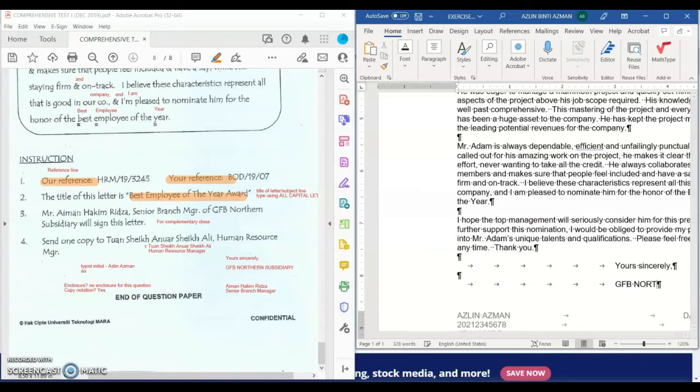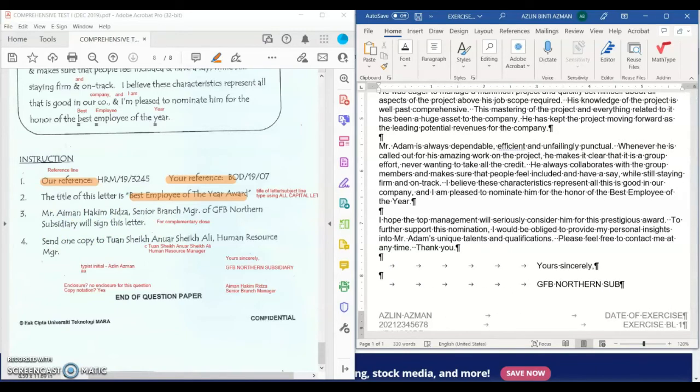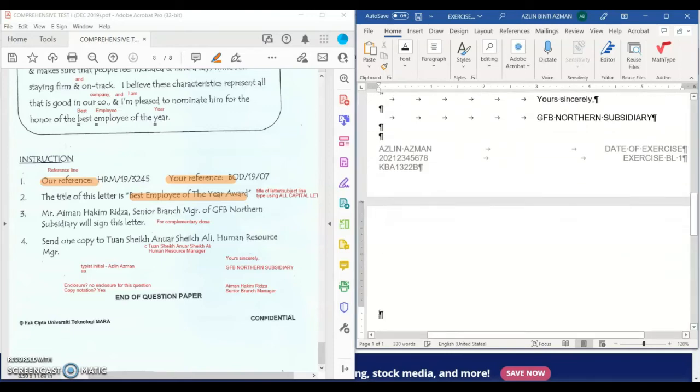GFB Northern Sub NOR, PHERN Northern Sub, CDIARY. Okay, subsidiaries, and then double enter, 1, 2, 3,